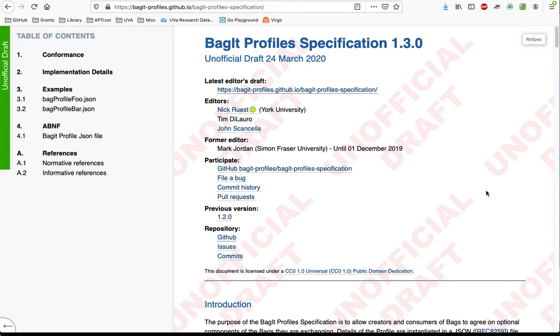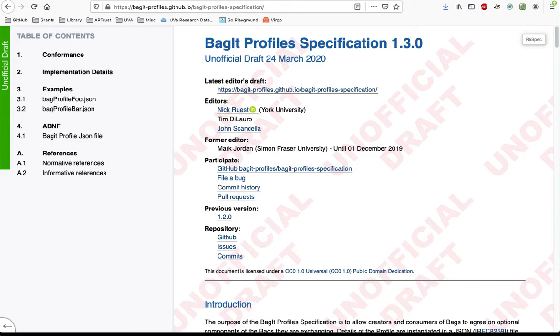It may also specify what tags must be present in the bag-info.txt file, and even what values are valid for those tags. The reason these profiles exist is so that a bagging organization can know that the bag it produces will be understood by the receiving organization.